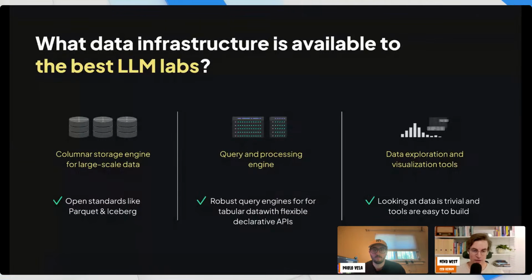To query data and explore it, they can use robust, super large scale query engines and processing engines, with declarative APIs that make it super easy to understand and transform their data. And they can look at their data as much as they want.